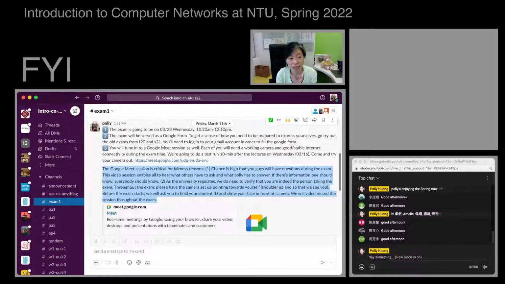You want a place that is nice and quiet, and where you can potentially say something and ask a question, because during the exam it will take time if you type questions up. It might be a little bit easier to just say it vocally.